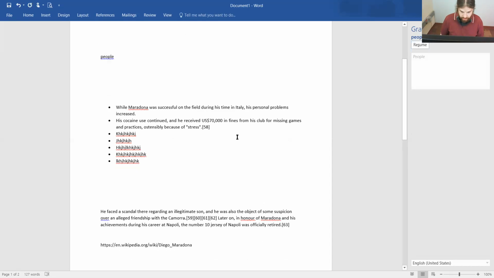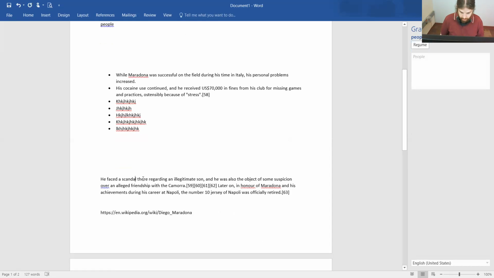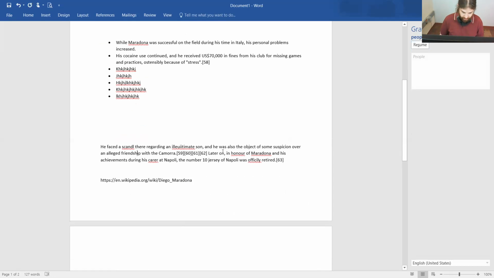Okay, the other way we can do it too is mess up a few of our words here. Okay, so a lot of spelling errors here in this little segment. So one of the things we can do is also a spell check. This isn't a longer document, but just to show you, this would be the method that you would use if it was a longer document, if it was several pages long, or if you wanted to do it the quickest way. So you want to go up to review,